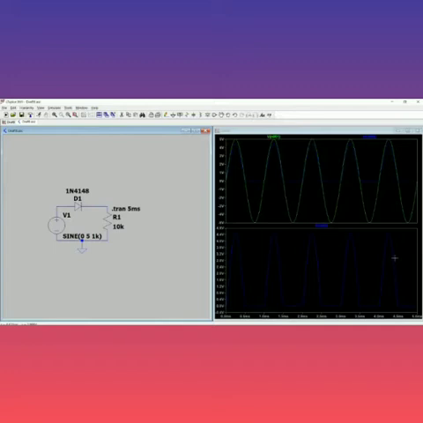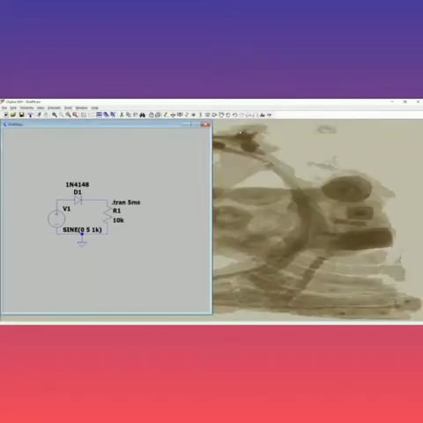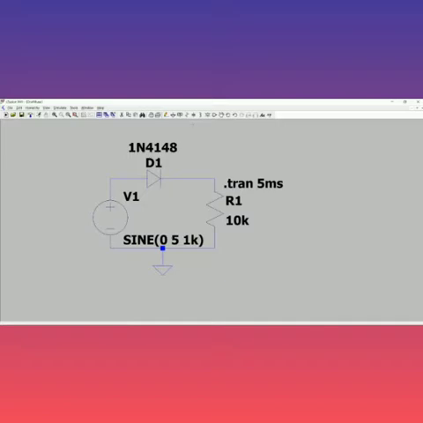Understood? Fine. So now I'm going to do for positive clipper. The same circuit, I want to change the direction of my diode. That's it. So I'm going to go to this, cut. I'm going to cut this. Now I'm going to take diode and I'm going to place here. So I want the direction to be changed. So I'm giving Control R. Now I'm placing it here.